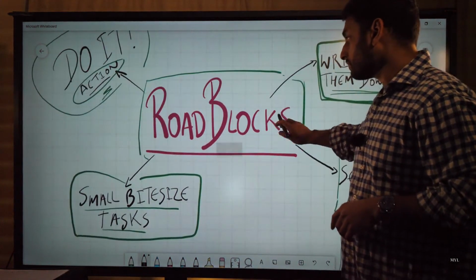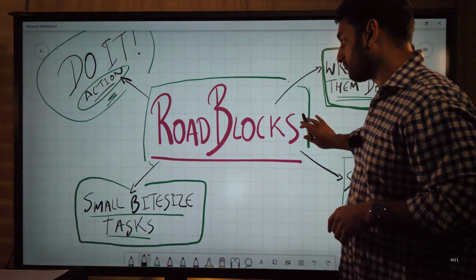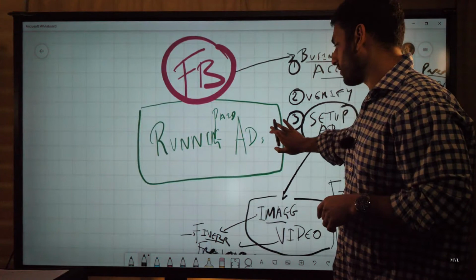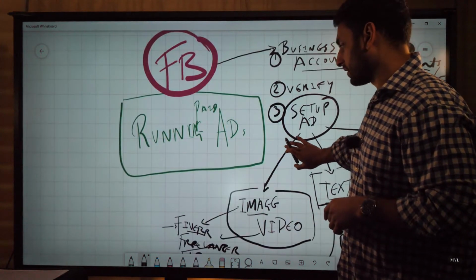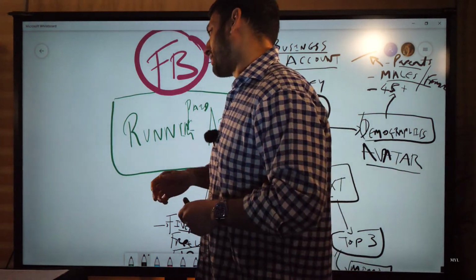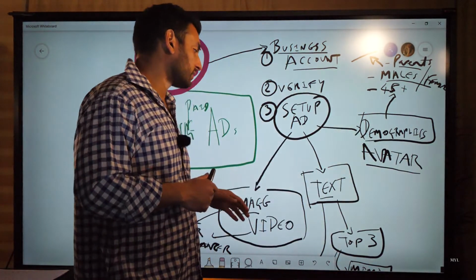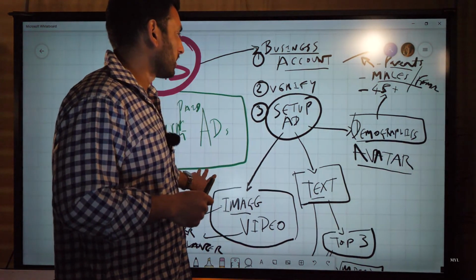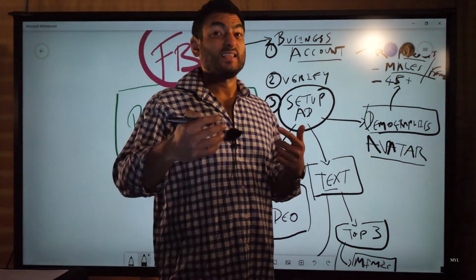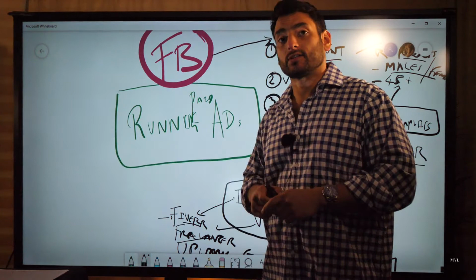overcome roadblocks, and really again, always just be thinking, how can we simplify it, how can we break things down so they don't seem daunting to a point where we're so put off and we just don't want to do it anymore, and then we just fall back into the procrastination cycle. So again, this is a simple way just to start to break down everything and make it easy for you to start really taking action and moving forward.